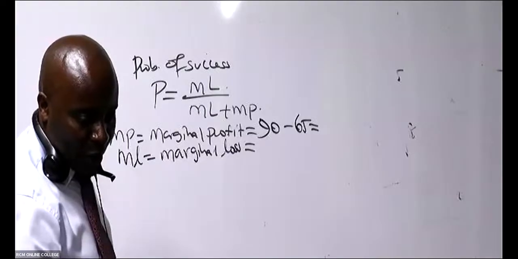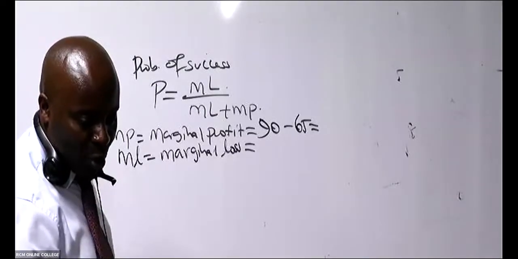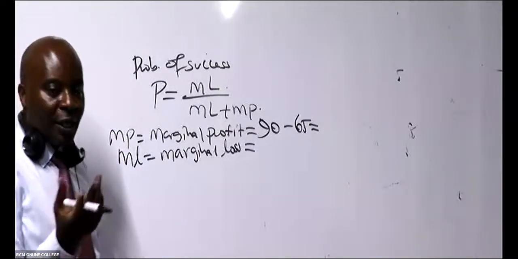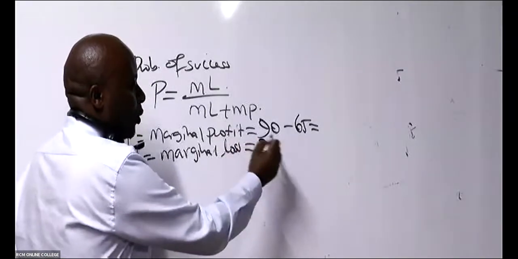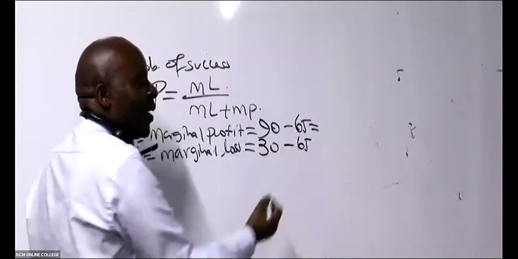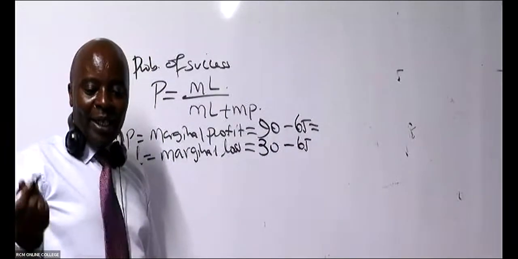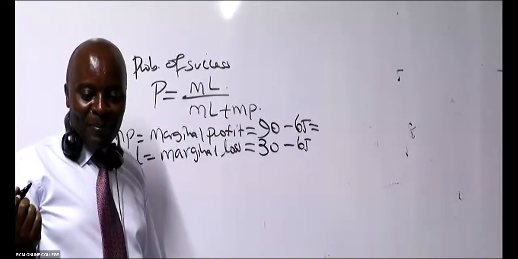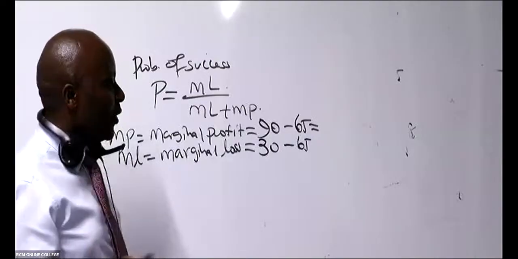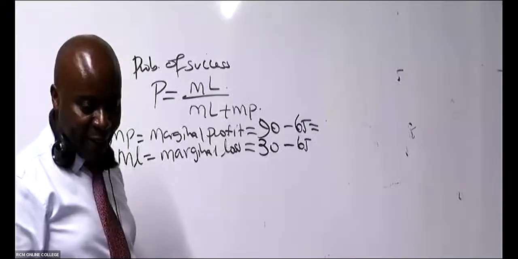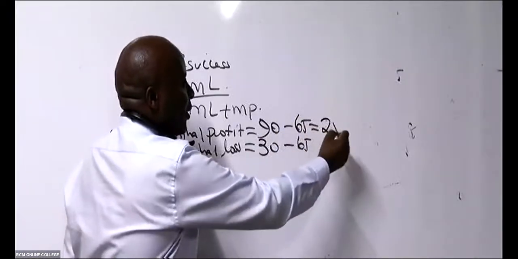So marginal loss, do we have this poorer selling price? The bad selling price is how much? 30, eh? If we don't sell it today, we shall sell it tomorrow for 30 bob. But you see the buying price, the seller does not want to know when you will sell it. The seller charged you upfront, how much? 65. So the first one, you guys never gave me an answer. What is the marginal profit? The first one, 25. Is that okay?